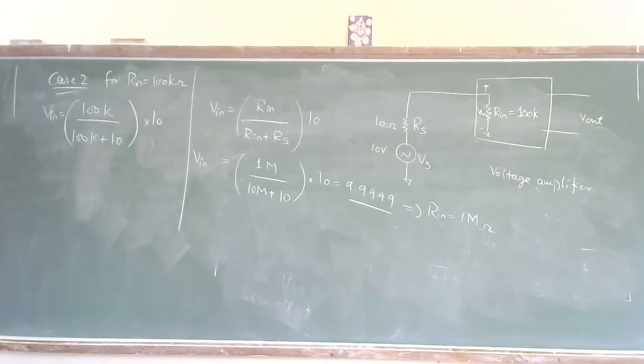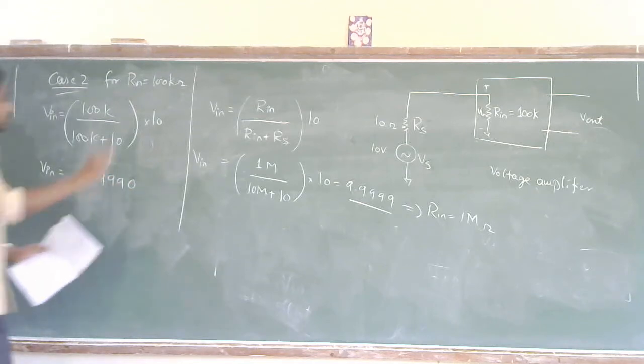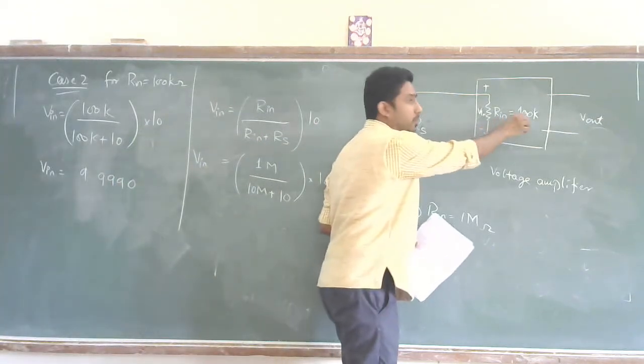Arpita, what will be the Vin value now? Yes. What will be the value if I calculate this one? 9.990 I guess. 9.996. Yes, fine, fantastic. Now look here, the moment I change the Rin value from 1 mega ohm to 100